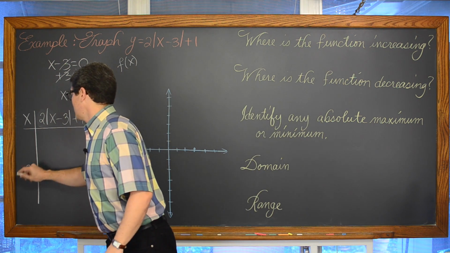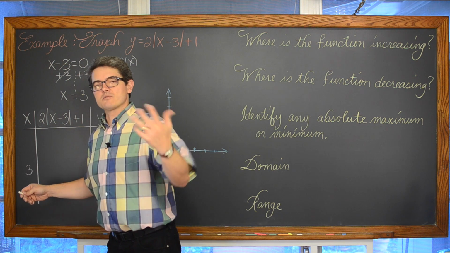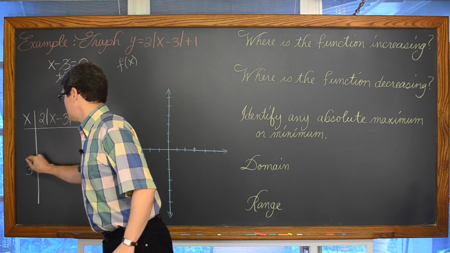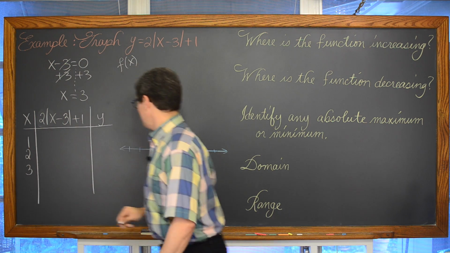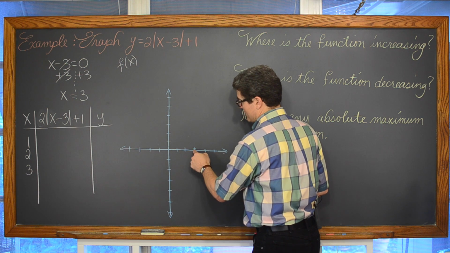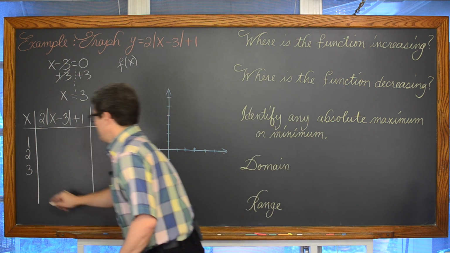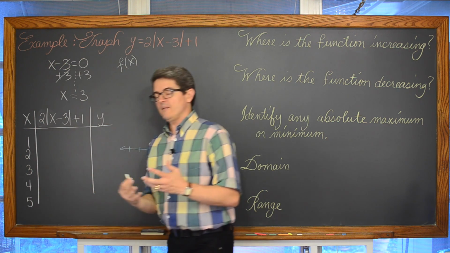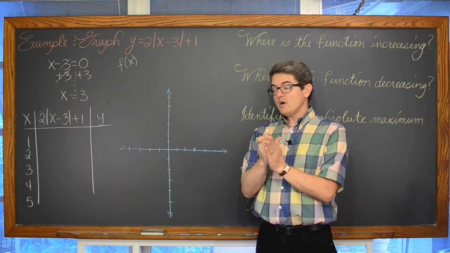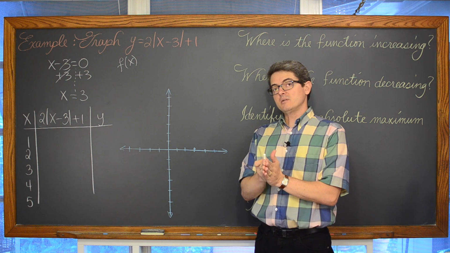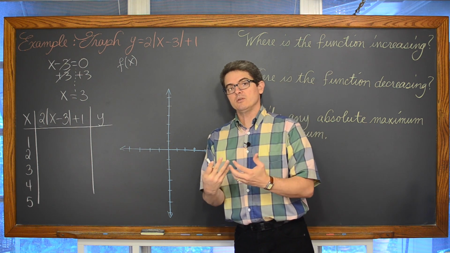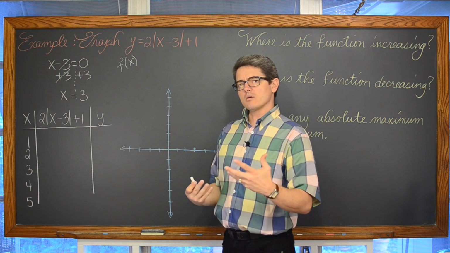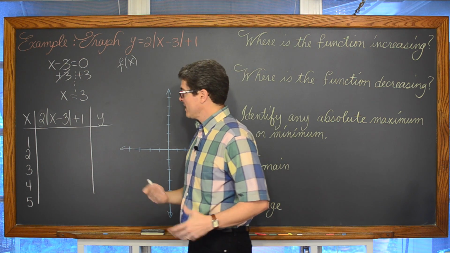So if we go back and count, you can count by 2s, 1s, 3s, whatever you feel like. I'm going to count back by 1. So 3, 2, and 1. Then we're going to count to the right, 4 and 5. If you space out your values of x evenly like that and have them centered on that x-coordinate where the sharp bend is going to be, you're going to see the same answer show up in your t-table, and that's a way to check your work to make sure that you're not making any mistakes.